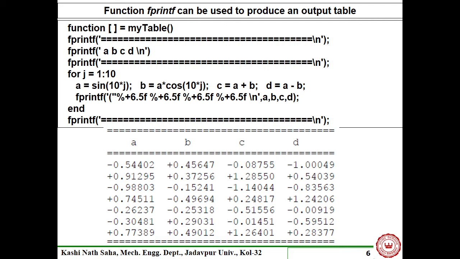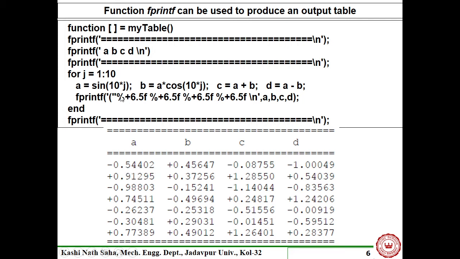That means there are 6 spaces available, out of which 5 spaces after the decimal place. And we have 4 variables here, A, B, C, D. See, total number of spaces: 1, 2, 3, 4, 5, 6.